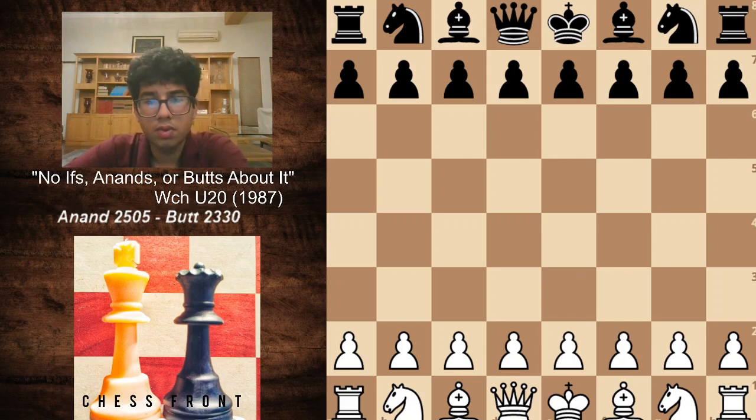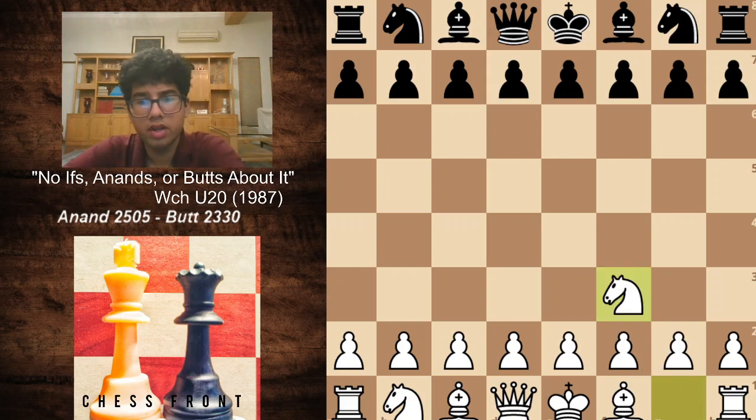So Mr. Anand with the white pieces begins with the move knight f3. So this isn't his usual e4 repertoire which he goes for. I don't know why, but maybe he had prepared something for his opponent because it's India versus Pakistan, and in any sport, India versus Pakistan is a very tough match for both the players because there's great expectations for them to win. Mr. Anand is the leading chess player of his country, and it's safe to assume that Mr. Bhatt is the leading chess player at that time, maybe only a position behind Mr. Lodhi of his respective country.